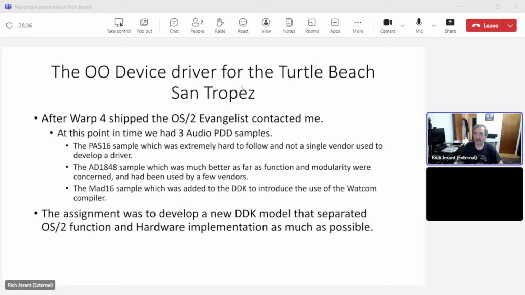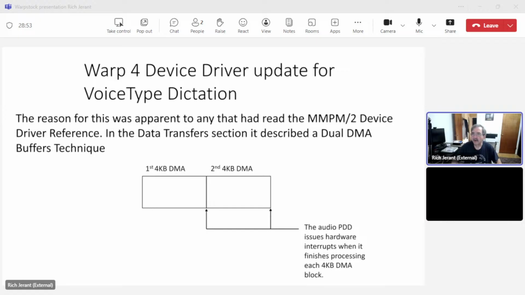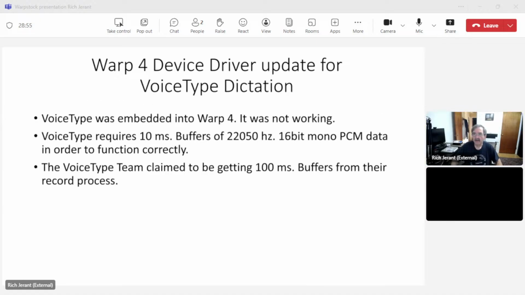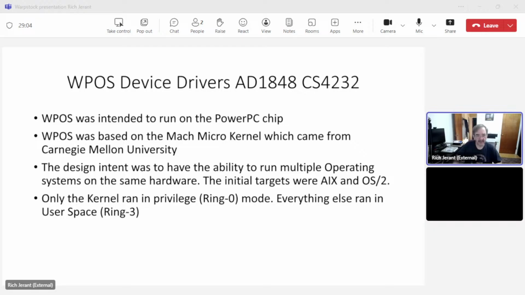Every time I hit the mouse, it. What? Page up or page down? Brilliant. Okay, yeah. Thank you, whoever suggested that. Okay, so